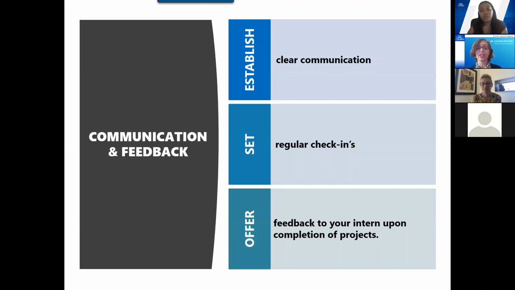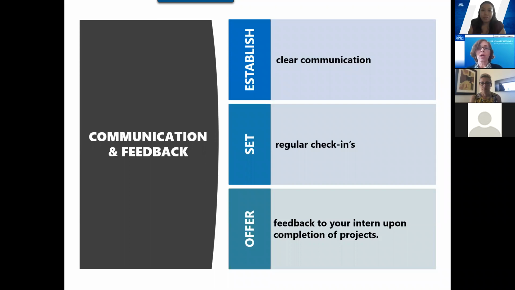And related to that feedback, you're modeling that you're asking them for feedback, and you are going to give them feedback. So think about how you want to get feedback to improve your program or what you're doing, and how you can implement that. Remember, don't ask what you don't want to find out or what you're not willing to implement. But if you really want to know how to make some improvements, then ask them, and also create that environment where you're giving them regular and ongoing feedback.